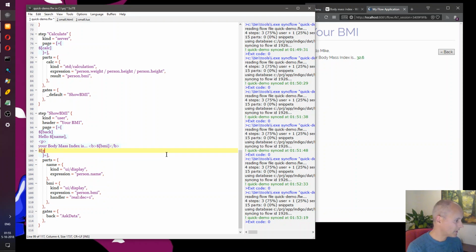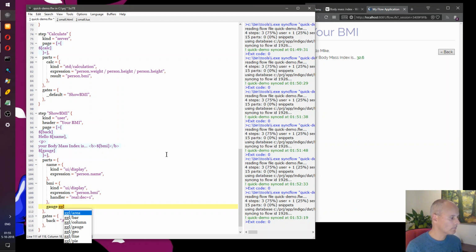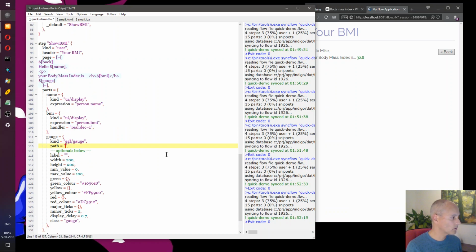Let's add it to our page. The gauge part uses some code provided by Google, and it renders a nice gauge.